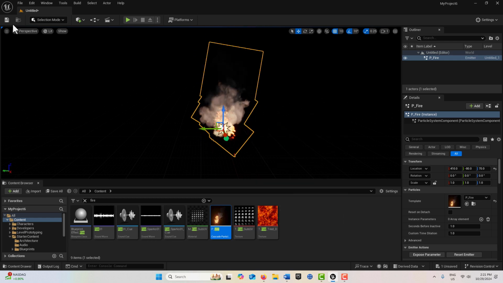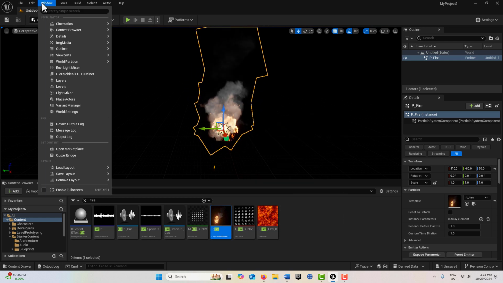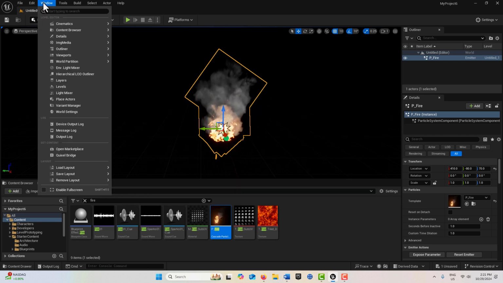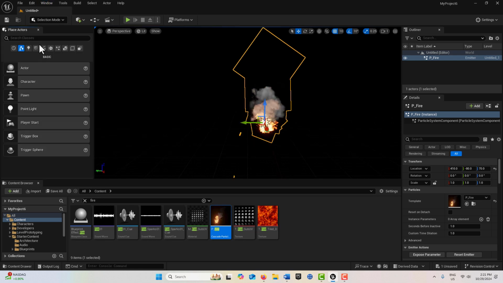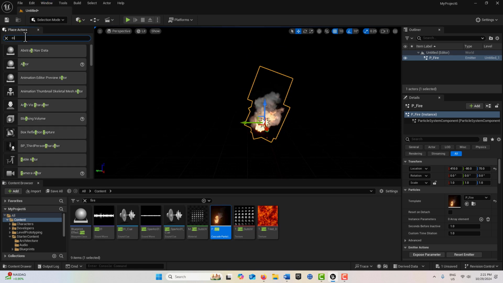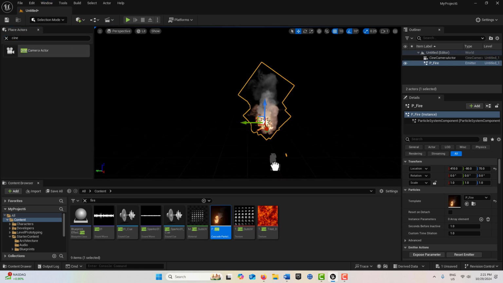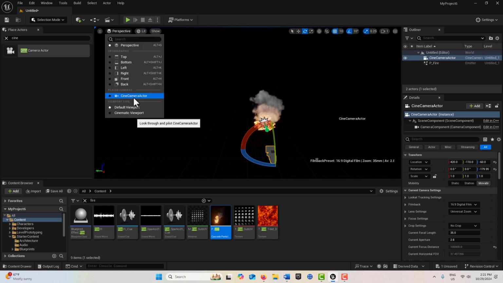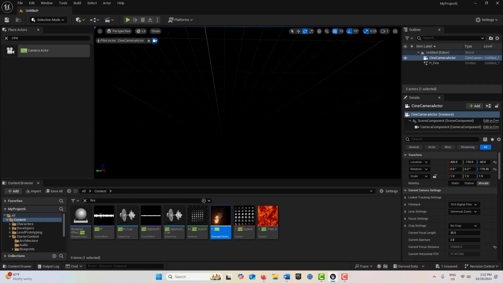What we're going to do is go ahead and get a cine camera. So let me go up here to Place Actors. Whoops, not that. Come up here to Windows and go Place Actors. And we're going to get a cine camera, and we're just going to drag this right into the scene. Now it's pointing the wrong way, so what we're going to do is hit the space bar and turn this around 180 degrees, and then we're going to go into cine camera mode, pilot mode,